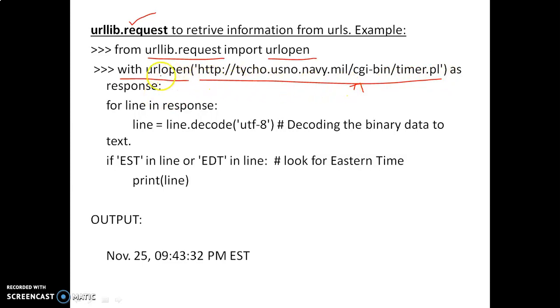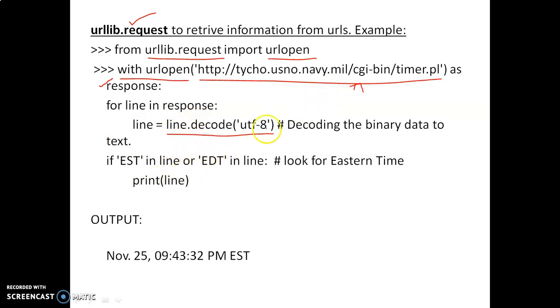This URL is opened with the urlopen function, and that is created as an object, the response object. From that response object we are getting the lines one by one. For line in response, we are taking one line at a time. line.decode of UTF-8, this is decoded into normal plain text. This is repeated for the number of lines in the response. Then we are printing the text.